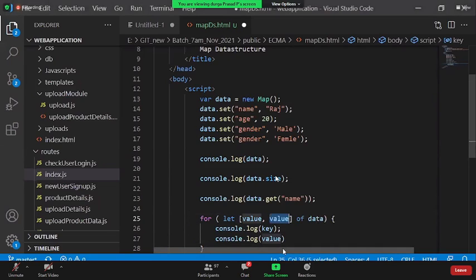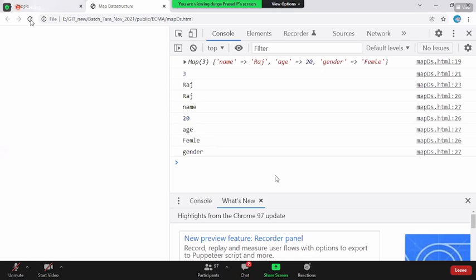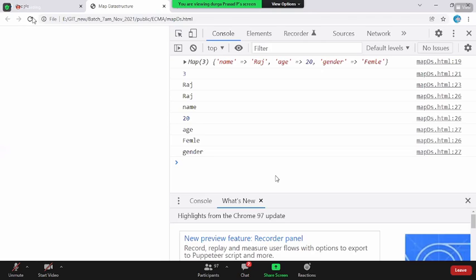Now if you reload the page, sorry guys, this is creating the confusion. Now if you come back and reload the page, you see you got the key and the corresponding value.